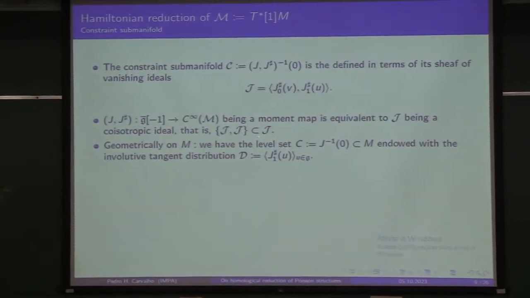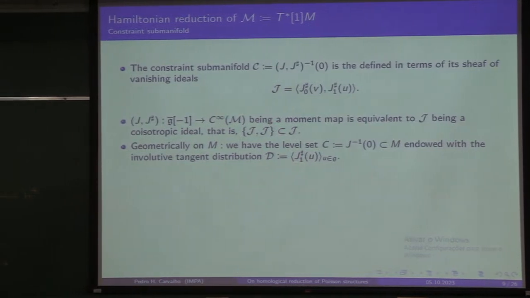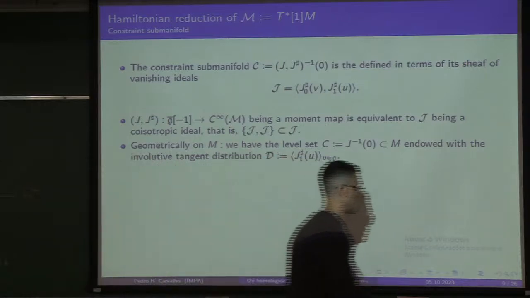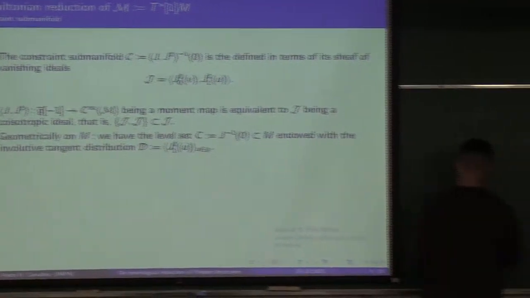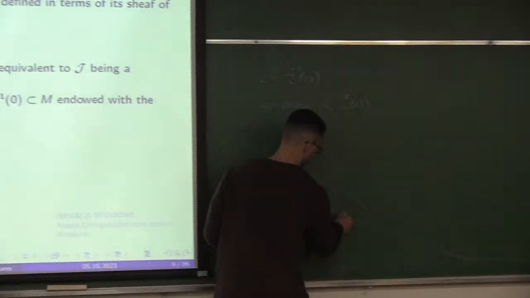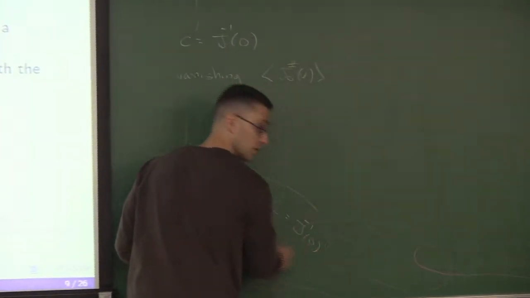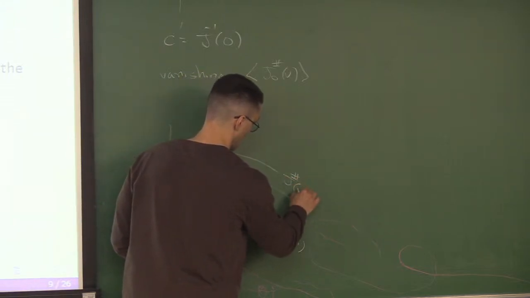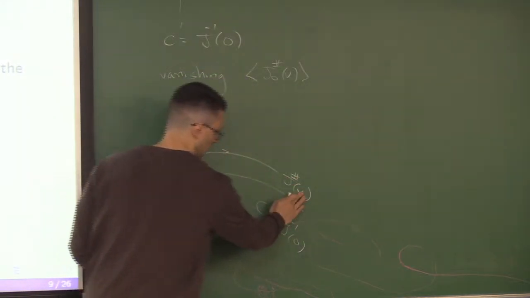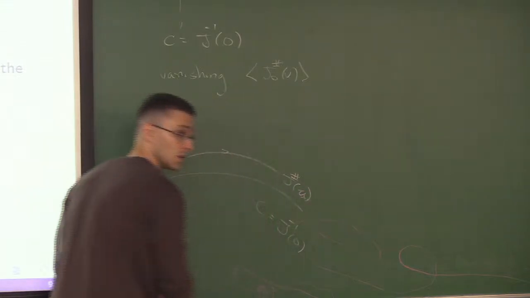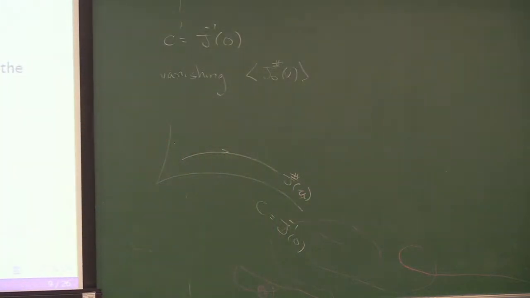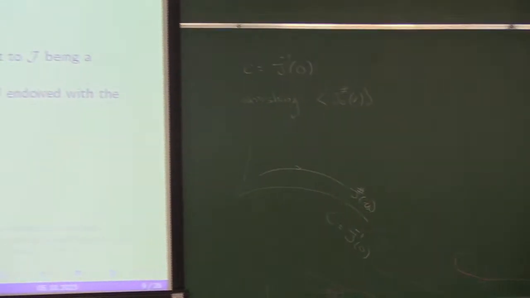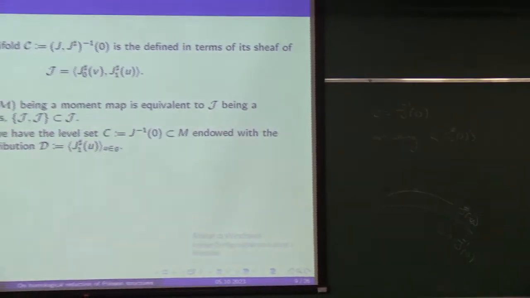And this condition actually implies that this distribution here is tangent to this level set. So what I mean is that you have something like that. You have this guy, which is this C, okay? And you have this tangent distribution here, which is given by these other guys. Okay? So geometrically, this constraint submanifold in M gives you this data,